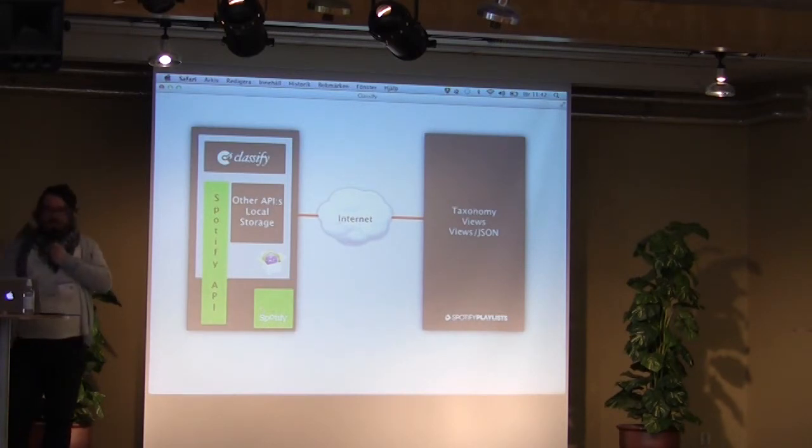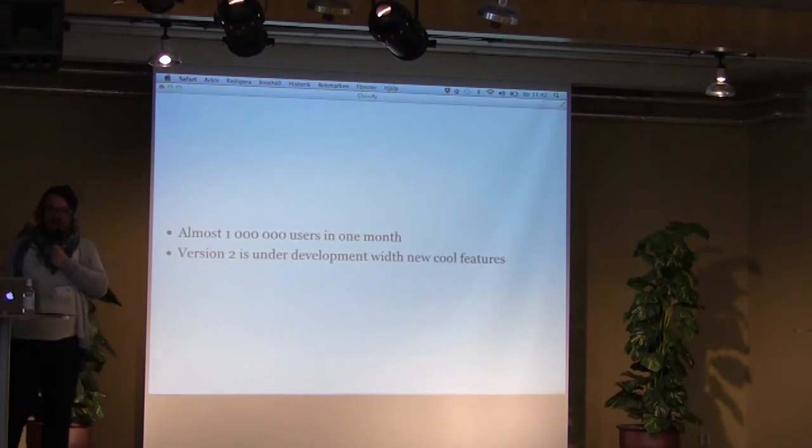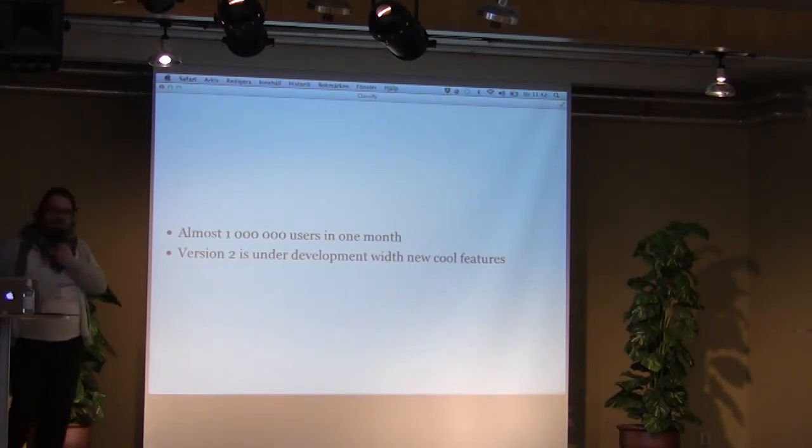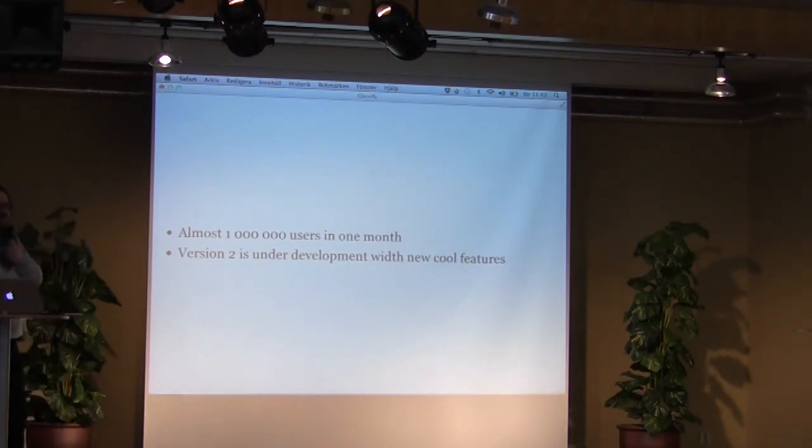It's worked over expectations, really, because we had almost 1 million users of the app in the first month. And of course, that is fun for us, but for the client, it's really good, because what do they want? They want people to play their music on Spotify. And apparently they do. So we are now in the process of doing a version 2 with new cool features